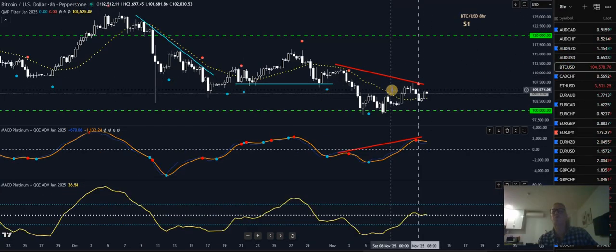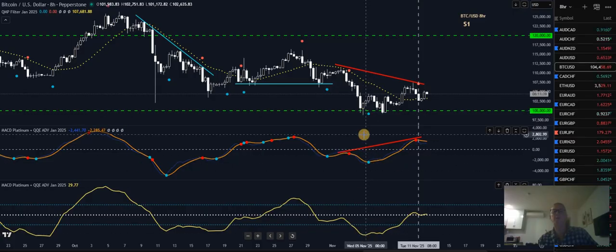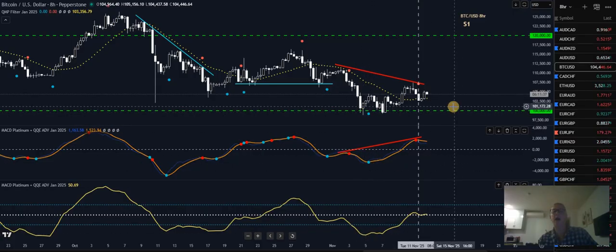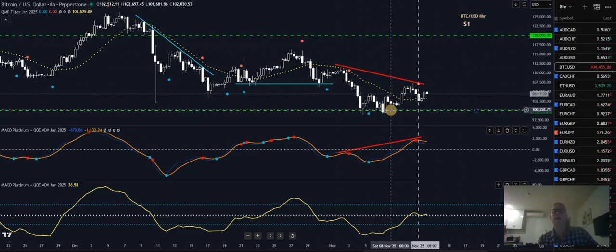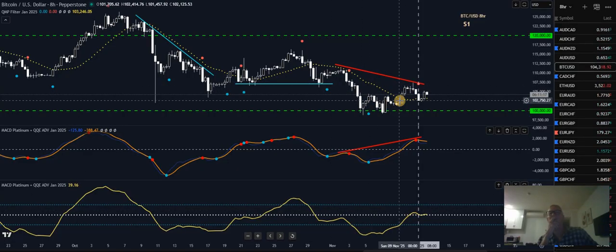Bitcoin, I'm not in any trades. I did take 2 buys. There was a buy here based on this support level, followed by a second buy there, which was then a QQE type trade. And we had good support at the 100,000 level, which is this green dash line. That's 120 up there. So I took the buy, went up, went through the MACD Platinum, went through the 0 level. QQE was up through the 50 level, closed half. I still managed to take a small loss overall. I'm not sure how I did that, but I did.